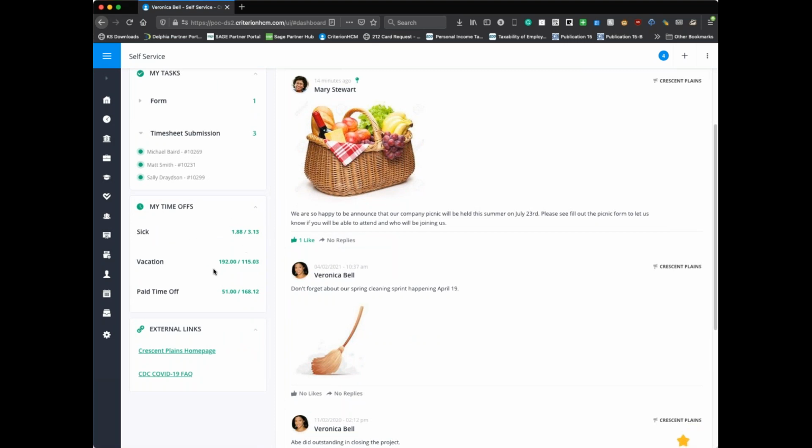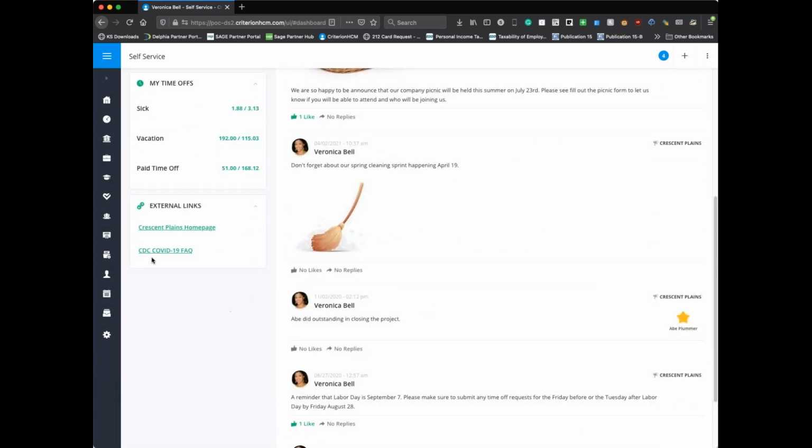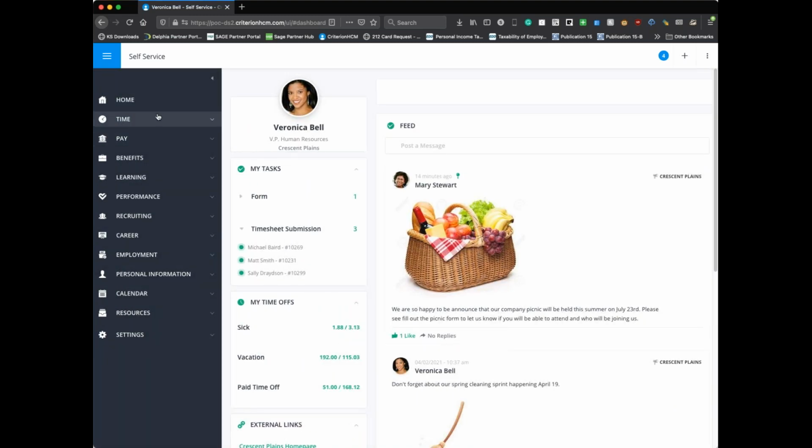As I mentioned, time off balances, so the employees can easily see that stuff and make requests online. And even things that are as simple as the links to other things that are useful for the employee. Could be your homepage, could be information about returning to the office, or benefits links or whatever on there. And then, of course, we have in our self-service here a bunch of information available for the employees about their